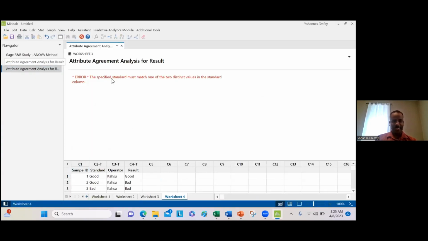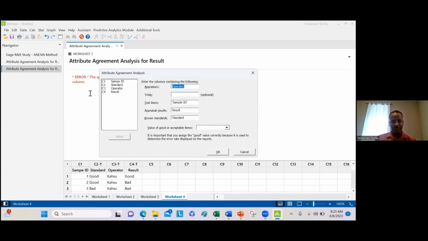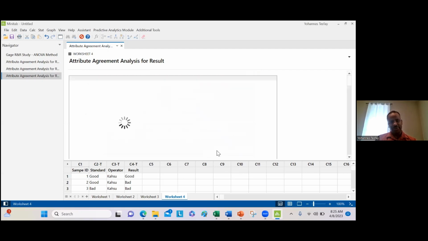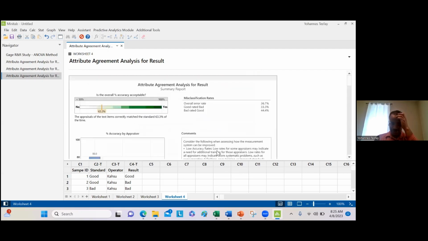Okay, just like that. Standard ID. Let me put like that. Okay, this is operator. Trial, I don't have any. Then this is a sample ID. And result. And standard is, and good as good, just like this. And I'm going to say okay. Yeah. So you can do an example like